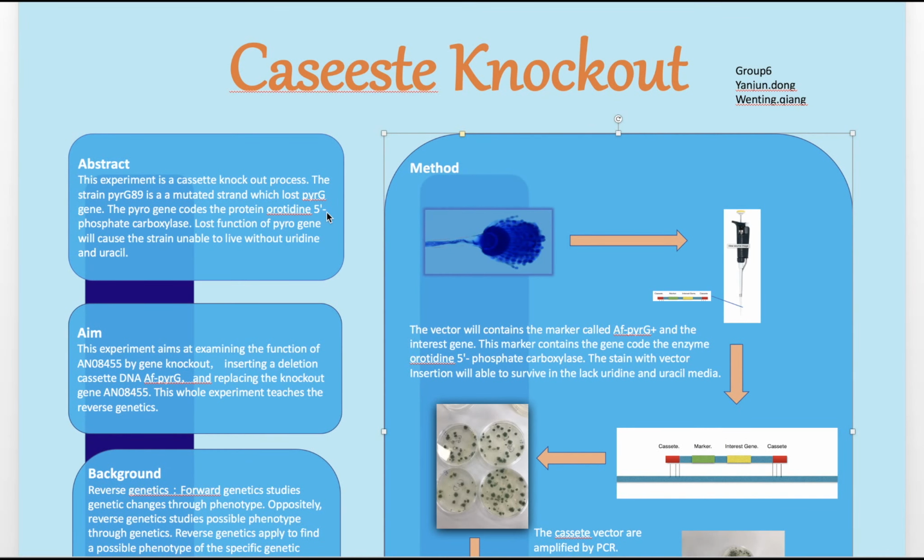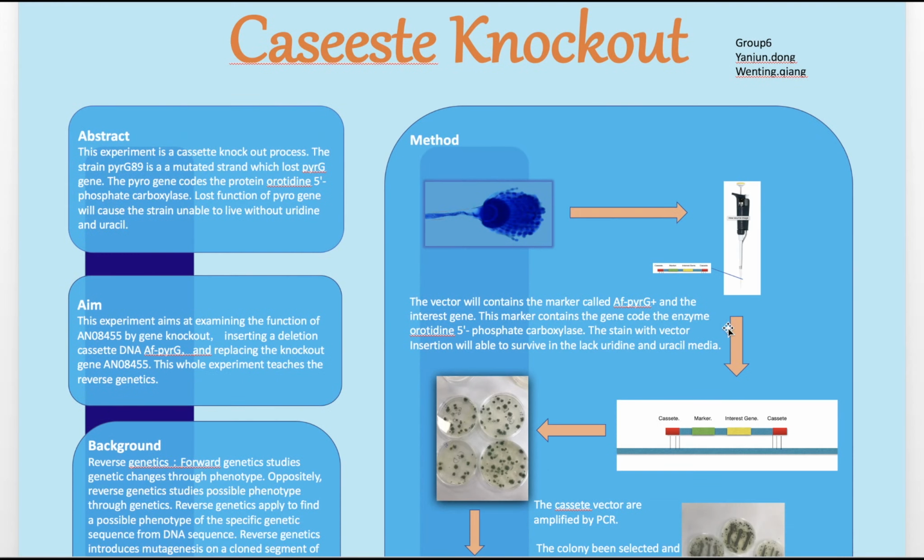This video will discuss an experiment we just finished several weeks ago, which is an experiment about knocking out a gene from a fungus. This fungus is called Aspergillus niger. Firstly, there is a knockout process, which defects a gene function in a species, and the cassette